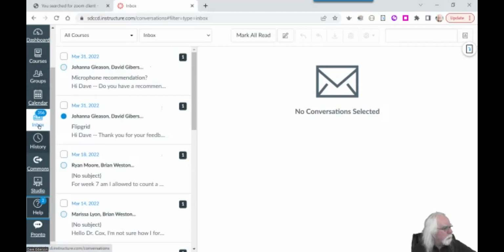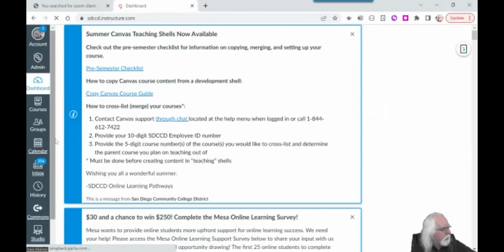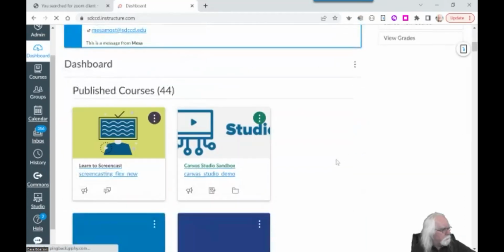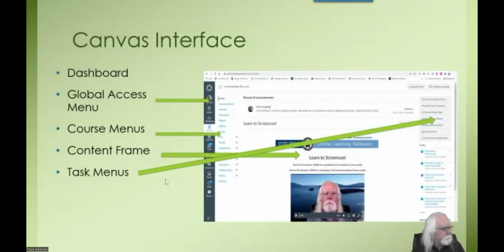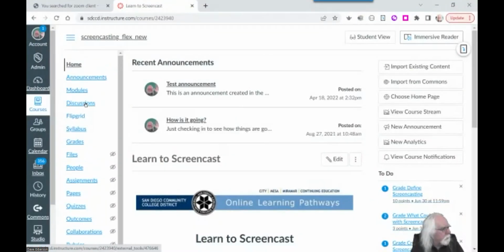Let's go back to a course here and go back to our dashboard. And we'll go to this sample course I'm going to use a lot today. And let's get back to PowerPoint. Each of these courses has a course menu, as you see on the left here, which contains links which allow you to access various tools and content areas